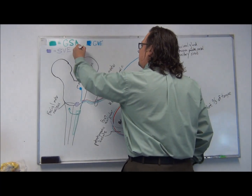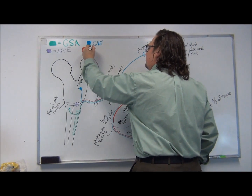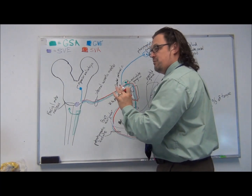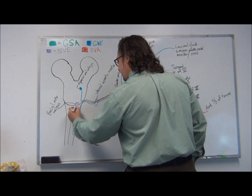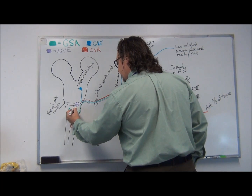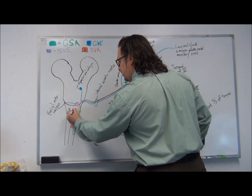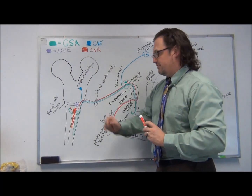Now this is something we haven't spent a lot of time talking about yet. Taste is what's referred to as a special visceral afferent, and those project to a series of pretty well characterized nuclei in the brainstem, and the one that taste fibers go to is called the solitary nucleus. So solitary nucleus in the medulla is where these fibers are going to go and synapse, and then they're going to decussate and head up to the VPM thalamic nuclei, just like sensory to the rest of the face, because taste is a